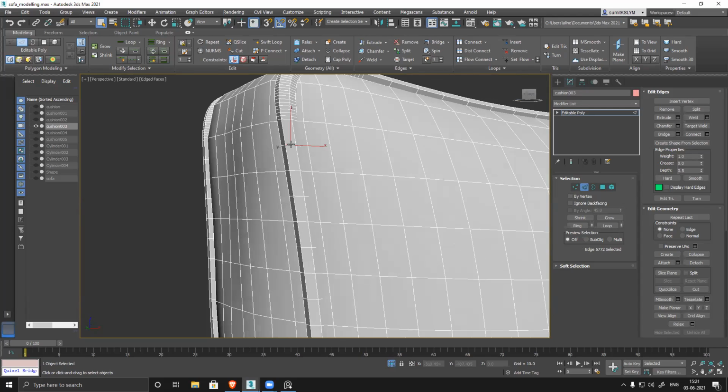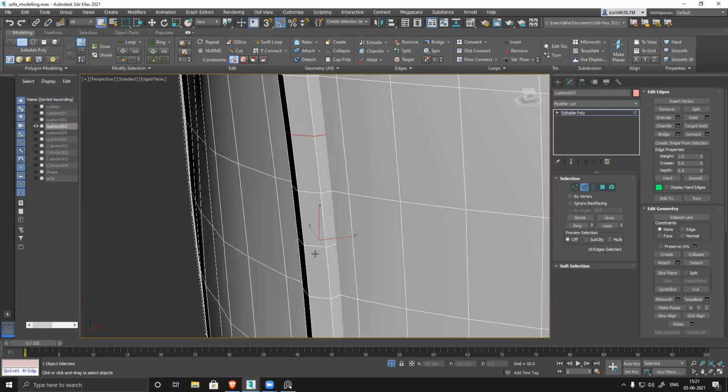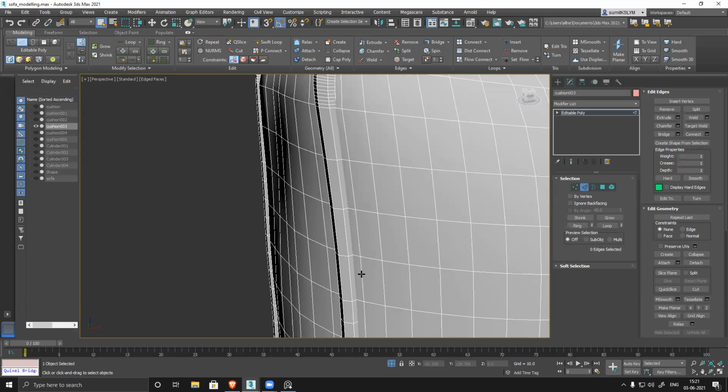So, exact same thing. It's not just about creating the model, it's about optimizing the model also. Create the model and, sorry, not this one, optimize it.